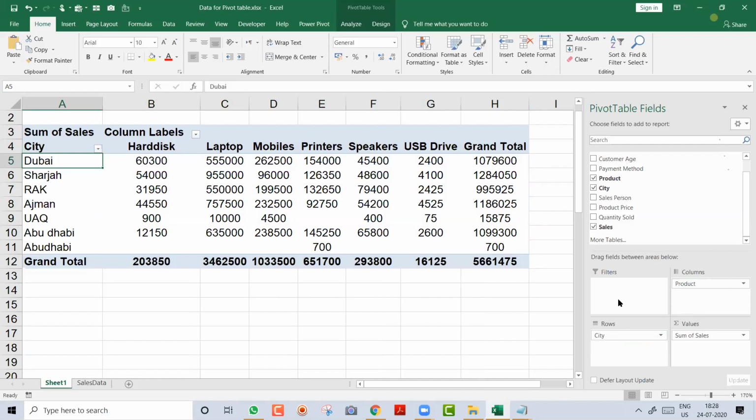Okay. So this was a very, very basic report. This is not an advanced pivot. This is a basic pivot, because many of you are not doing. So I want you to give it a try. I will wait for the next 2 to 3 minutes. And on a chat message, when you tell me, Ramzan, I have completed, done, then only I will move ahead. Give it a try.